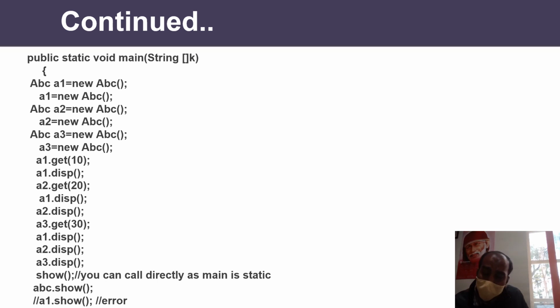Because I wanted to call the main method, I made the main method static. And because I have made the main method static, it can be called by using the class name. So at the runtime, I was writing the class name. That's why in Java we create main as a static method. That is a very important question which is also asked in interviews. Why do we create main as a static?